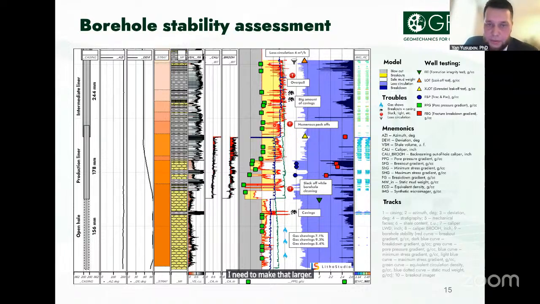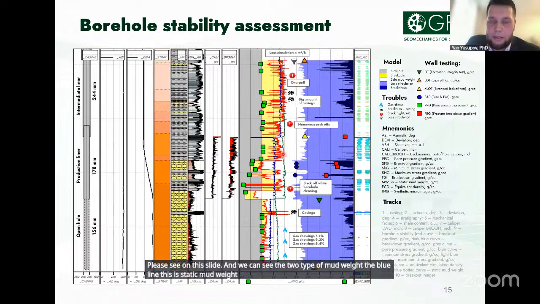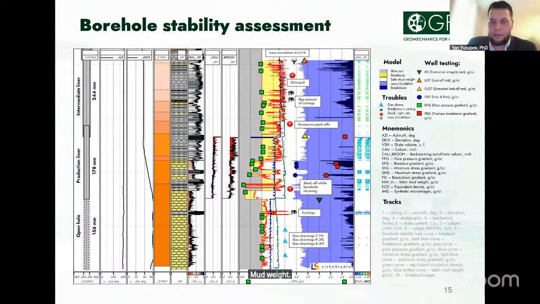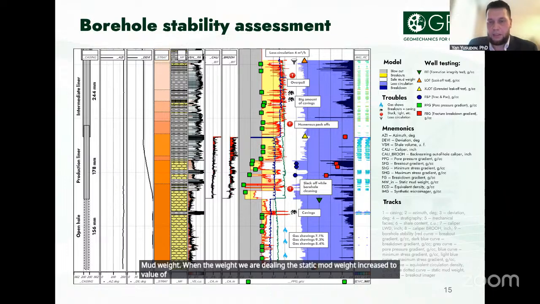Please see this slide, and we can see the two types of mud weight. The blue line is static mud weight, and the green line is ECD, equivalent circulation density mud weight. When we are drilling, the static mud weight increases to the value of ECD. It is associated with grains of rocks, turbulent processes, and other processes that lead to increasing of this